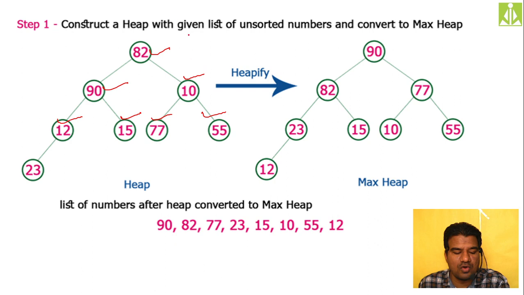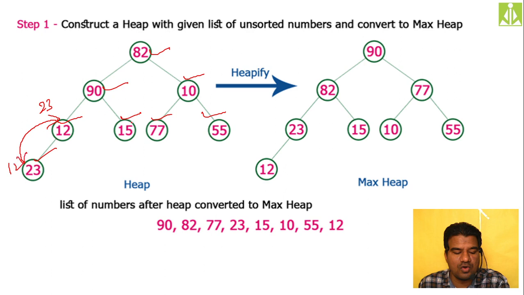So after doing this, what we have to do means we have to heapify. We have to generate the max heap. So how are we heapifying? In max heap, always the root node should be greater. So here in this 12 and 23, 23 is greater. So we have to shift this 23 over here. So 23 will come over here. Then 12 will come over here. Okay, like this we have to swap.